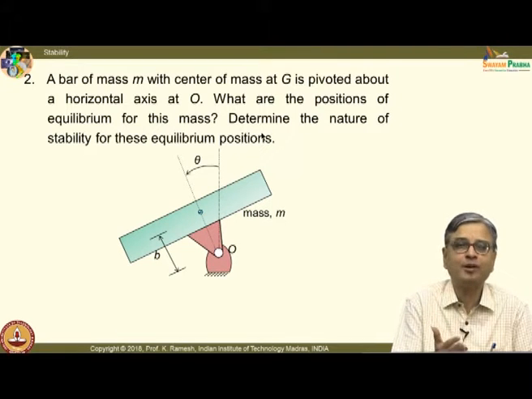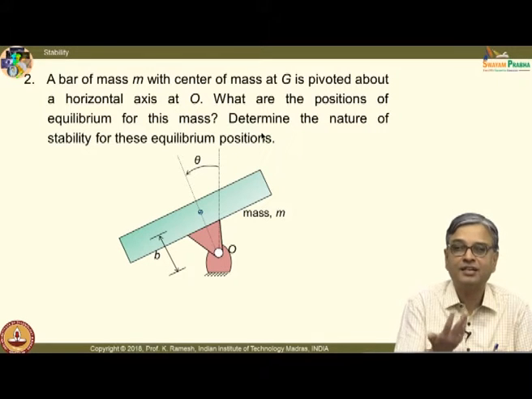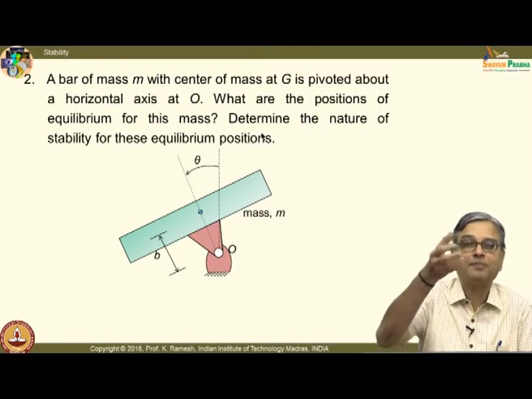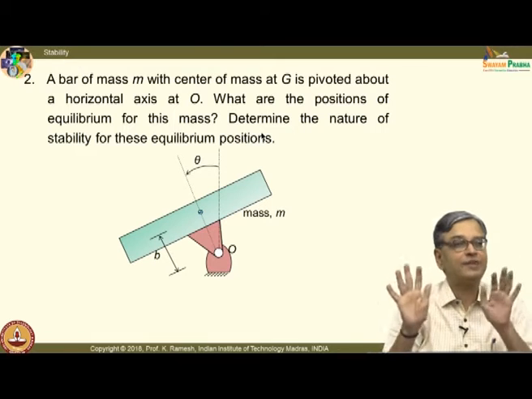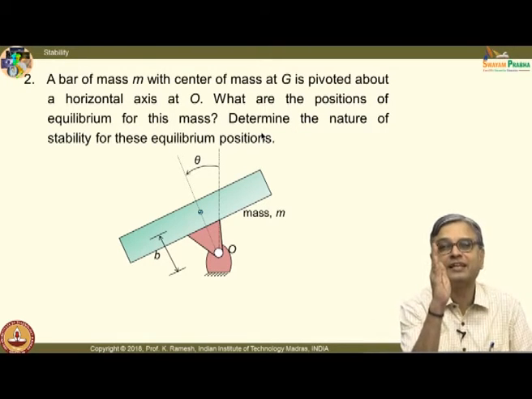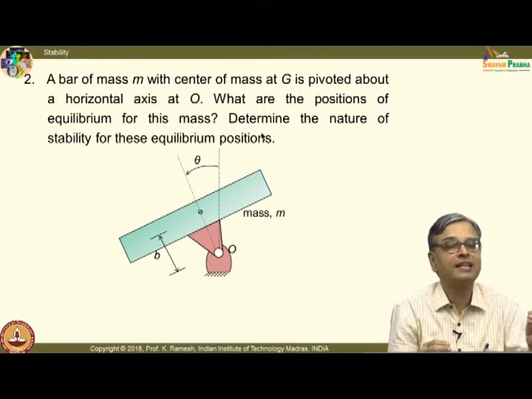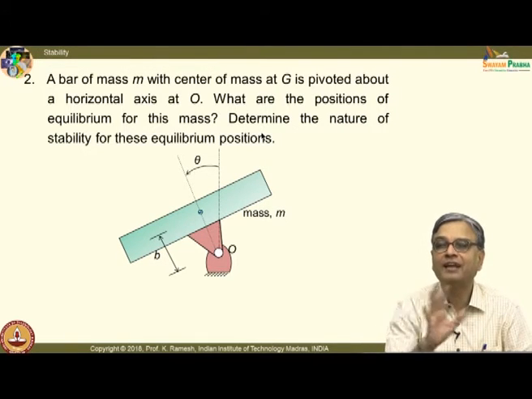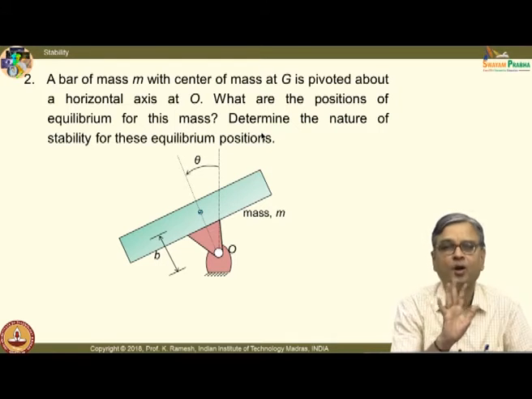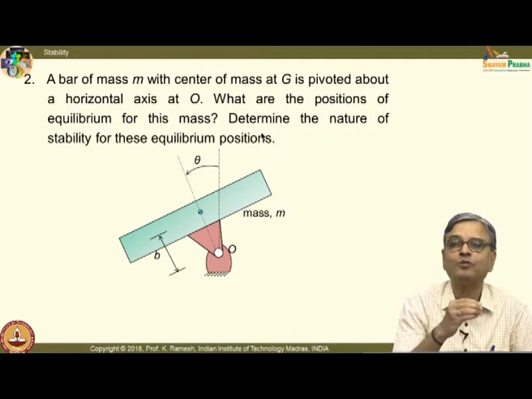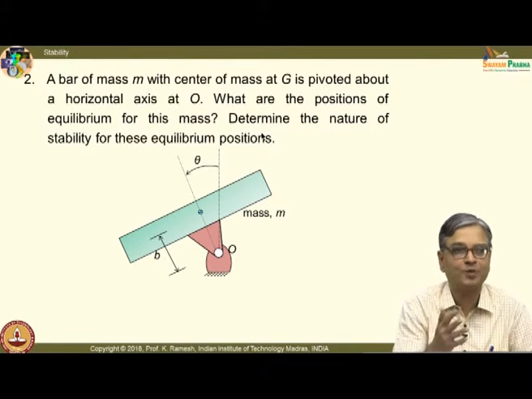Even before solving the problem, you can visualize which is the stable position for theta. Theta equal to 0 could be one answer, theta equal to 180 can be another answer. And it is also easy for us to see that when the mass is at the lower end, it is very stable. If the mass is vertically up, even if a small wind comes and hits it from left or right, it will displace its position. In all problems dealing with stability, you have to visualize a perturbation, a small perturbation.